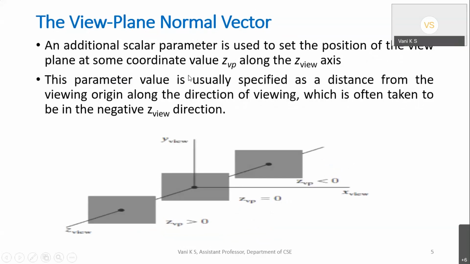So that's what I told you is required. From where are you standing? I am looking on which axis? I am looking on the Z view axis. So that is this normal vector. And these are the planes. This is your normal vector now, but usually in OpenGL, as I told, it will be around the Z axis. So this is your Z axis now. This is the X axis and here is the Y axis.